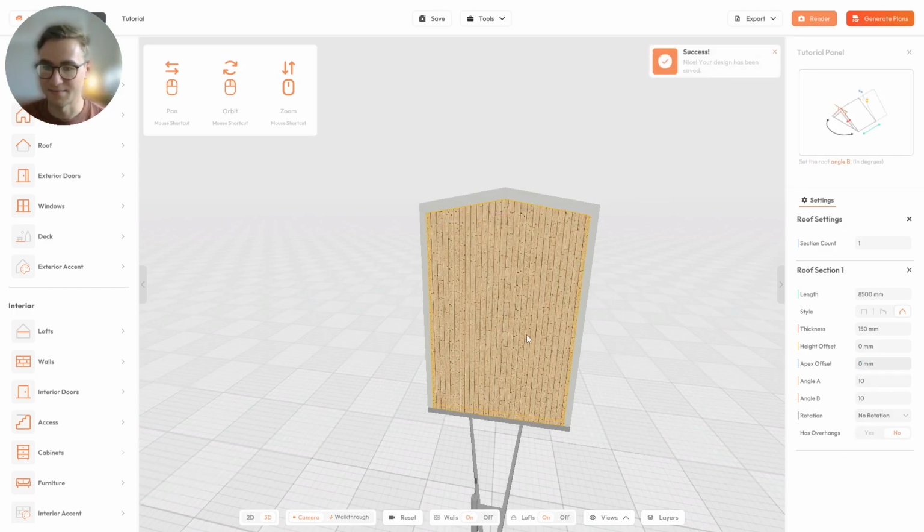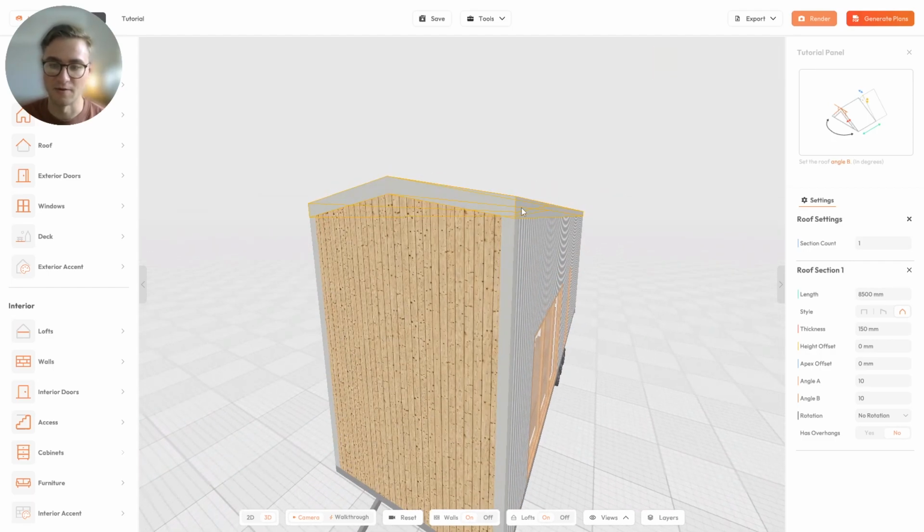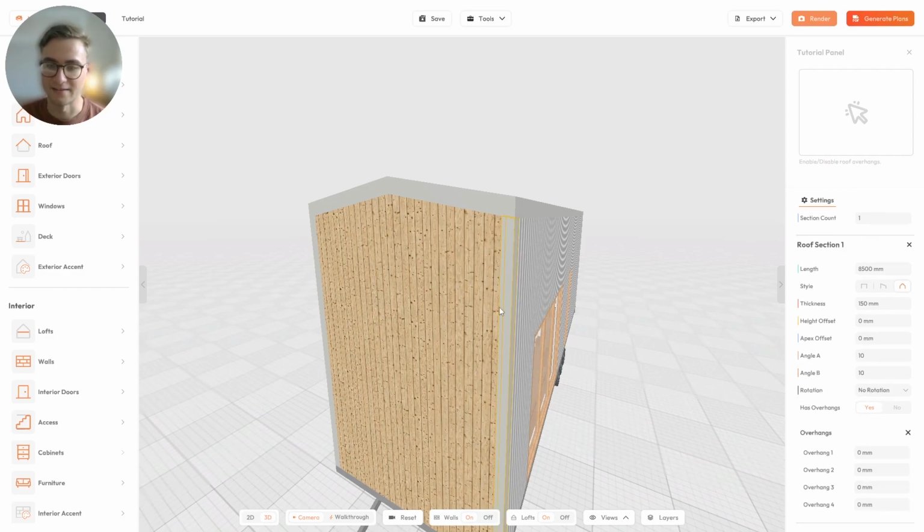And I'm just going to add some overhangs to the roof now. So at the moment, there's no roof overhangs or no eaves, if that makes sense. And we'll just click on yes, and now we can see the overhangs of this roof pop up. So if we want to have some overhangs on each end, we can just add the overhangs one by one